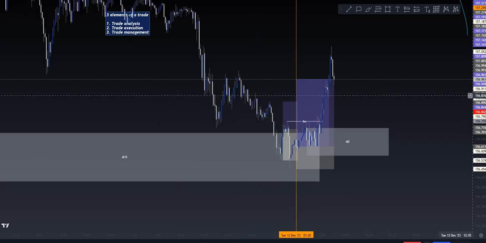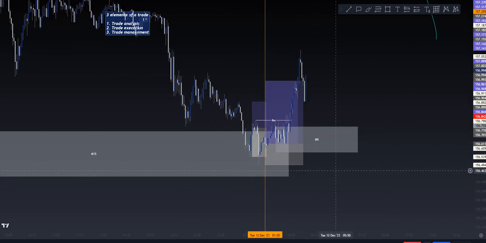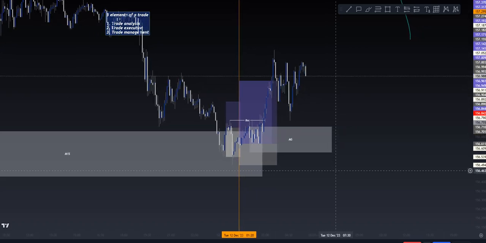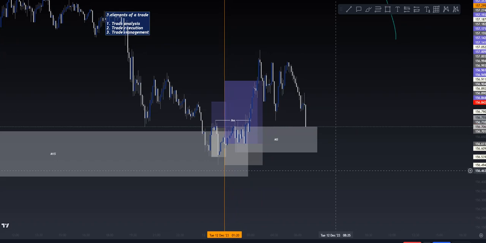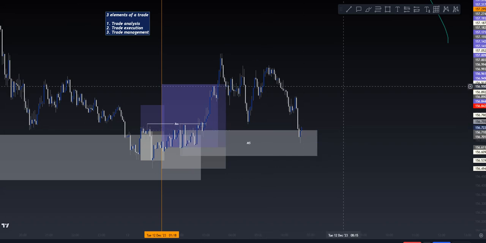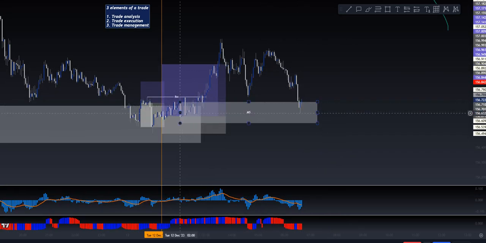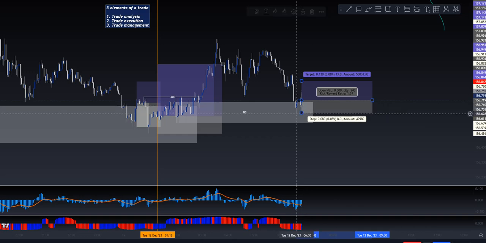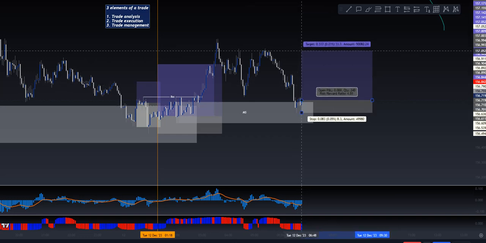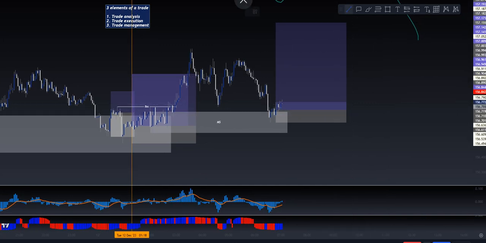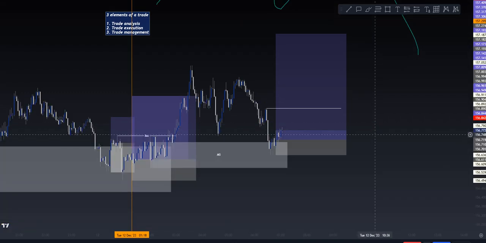So the only rule that changes when you have an M5 demand zone is that instead of waiting for a 5-minute confirmation, because this is a smaller time frame zone, I'm going to wait for an M3 confirmation. Right now I'm on the 3-minute because I want an earlier confirmation, since this zone is on a much smaller scale. As soon as I get that blue bar for the momentum, that's when I enter my trade. And per usual, I hold this trade until, first, I see structure break before I think about using any sort of exit strategy.